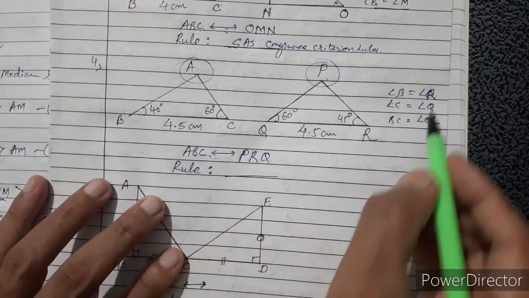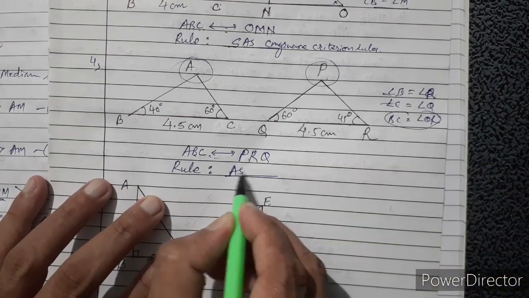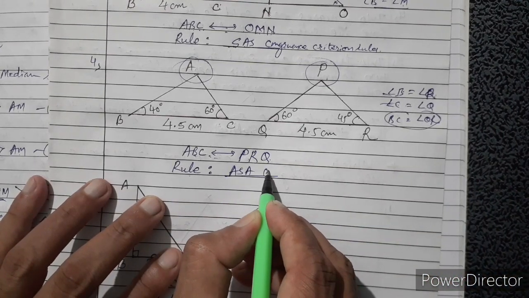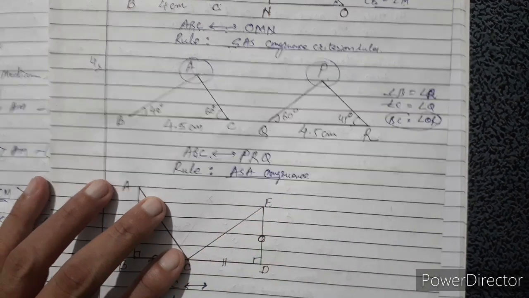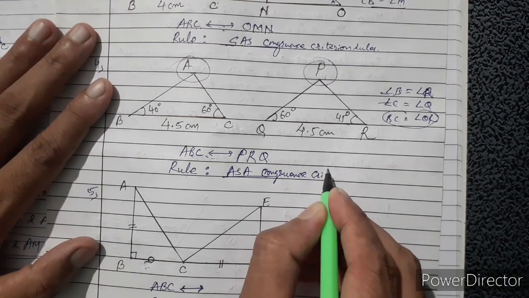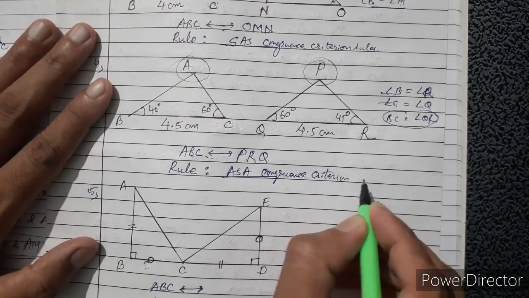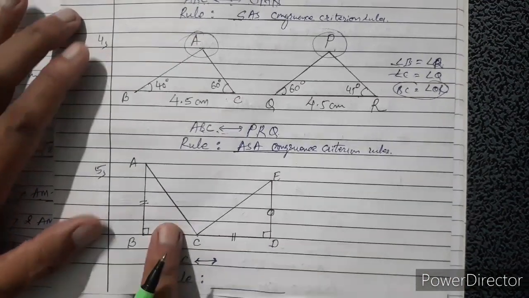Now according to which rule? Look, two angles are there and included side is there. So ASA congruence criterion rules. Okay,